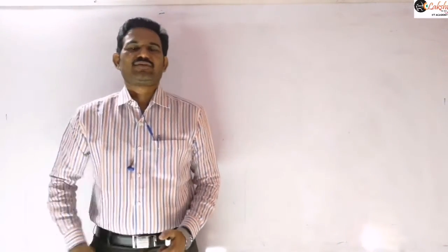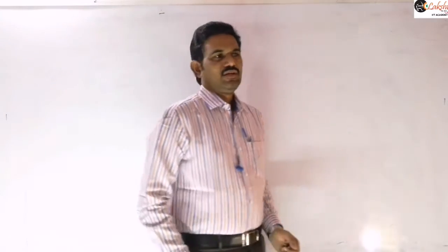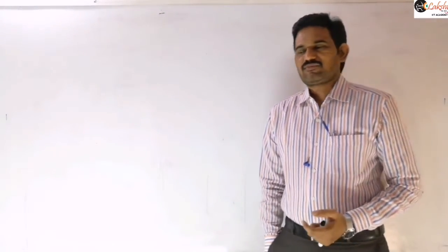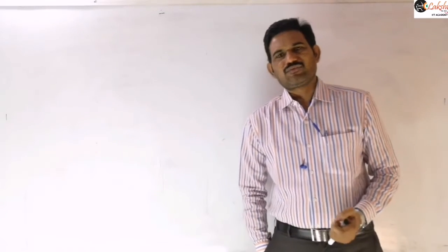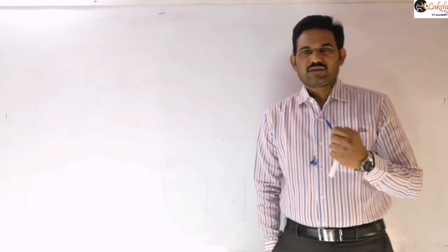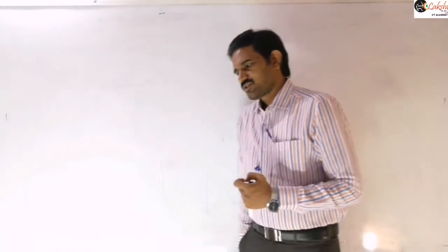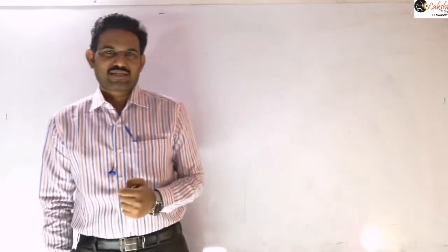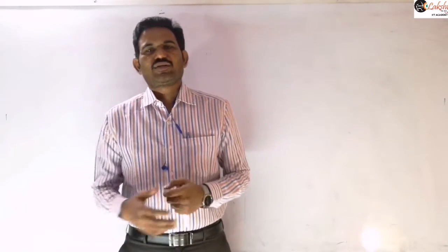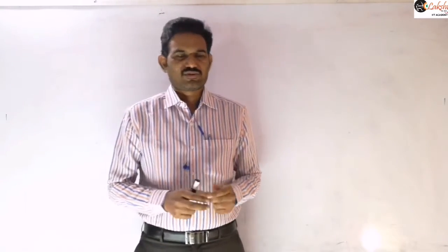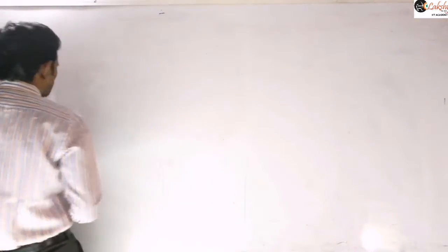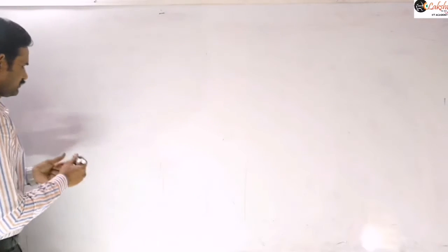So, in the previous class, we started our motional EMF. Now let us see some more problems based on that motional EMF. In the last class, at the ending, we discussed the induced EMF produced in case of non-linear conductors. So in case of non-linear conductors, we mentioned we need to take the shortest distance between those 2 points, right? Those 2 ends. So let me write a few examples based on it so that you will get more clarity.